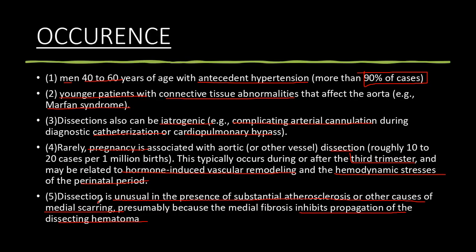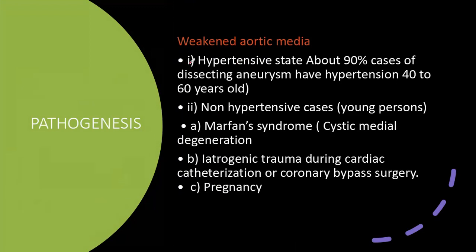Now, let's move forward and look at the pathogenesis. The pathogenesis is mainly due to weakened aortic media. And what can weaken the aortic media? Hypertension. Note that hypertension is the major risk factor for aortic dissection. Why? During hypertension, the vasa vasorum will undergo stenosis. There will be luminal occlusion due to arteriosclerosis. When you have that, the aortic media will become attenuated, and hypertension, I told you, accounts for 90%